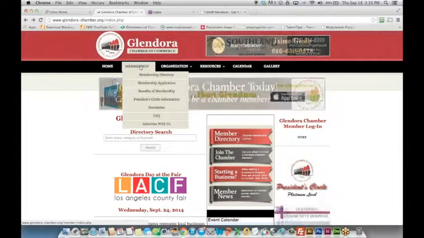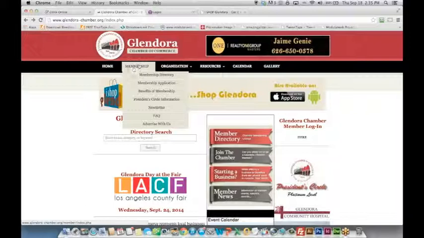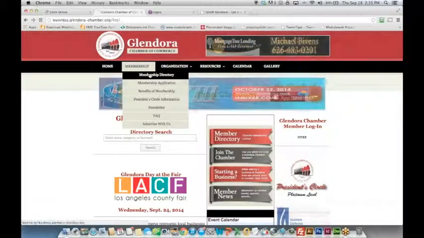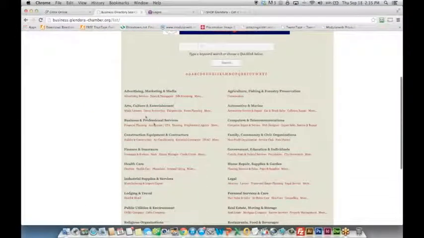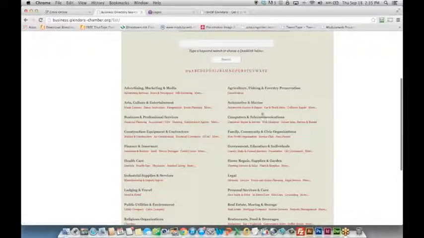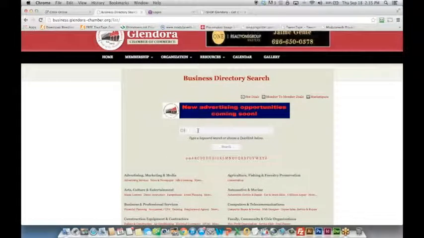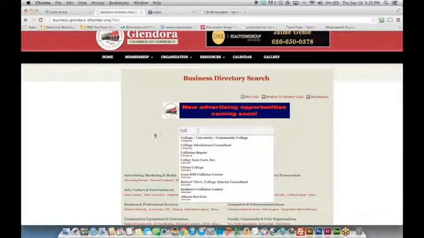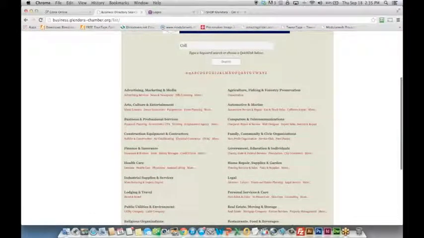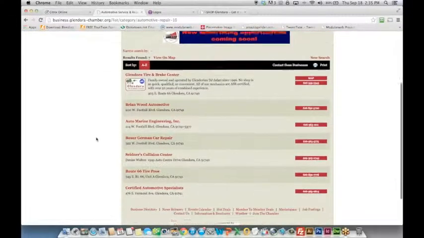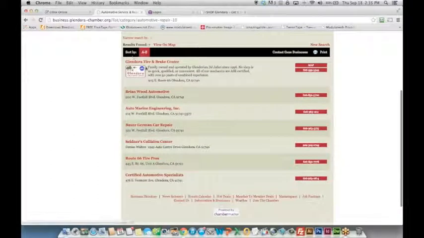Or go up here to membership, and when you hover over that, the drop down comes down, click membership directory, and then a more in-depth by category page comes up. You can do the same search here, type college again, pops down, or you can go down here, and if you're looking for, let's say, automotive and marine, automotive service and repair, you click that, and then all the chamber members that are automotive repair